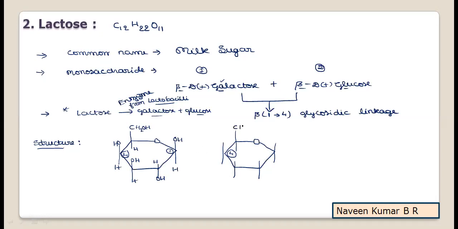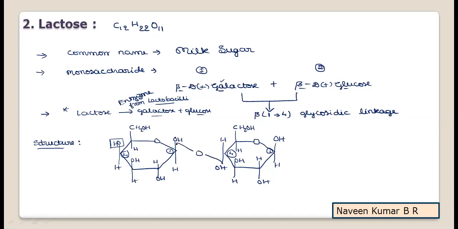Then it is CH2OH, H, the glucose structure. Then starting from H, OH, OH, H, H, OH. Then as it is a beta glucose, again it should also be OH. If you write the configuration alpha here, again the structure will be wrong. Let's practice it clearly. The difference is that in galactose this OH should be above, and in glucose it should be below. After writing this, you think N-shaped linkage, and you can easily remember.